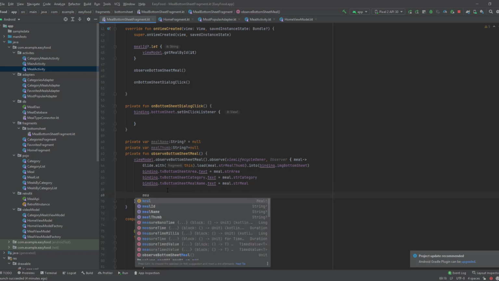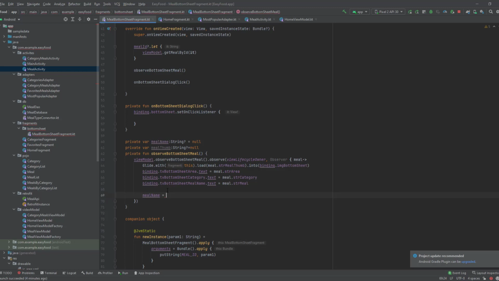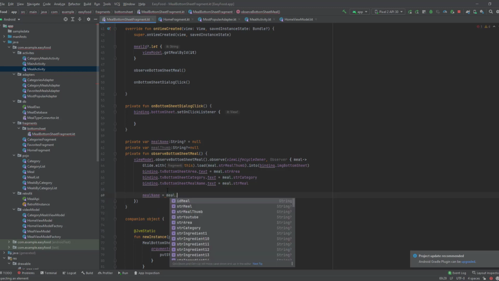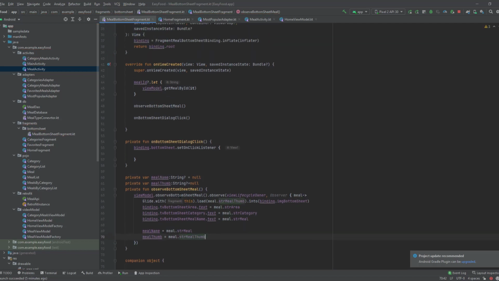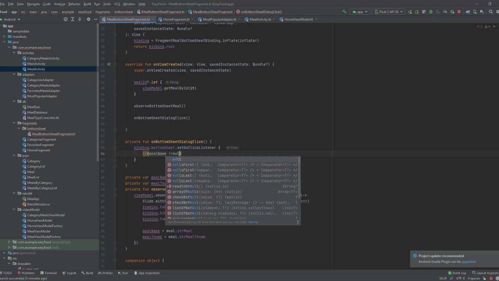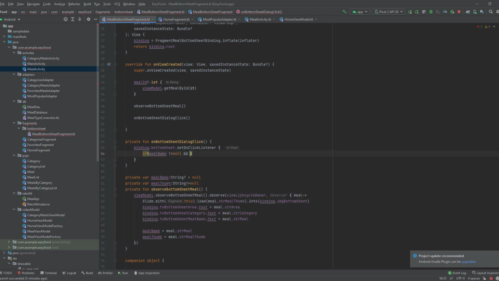Now meal name equals meal.strMeal, and meal thumb equals meal.strMealThumb. Now inside on a click listener, we're going first to check if these both variables are not null, then we can navigate to that activity. So if meal name not equal to null and meal thumb not equal to null,